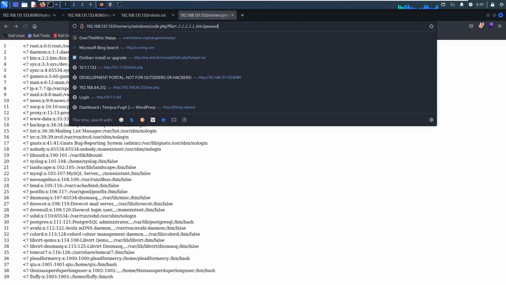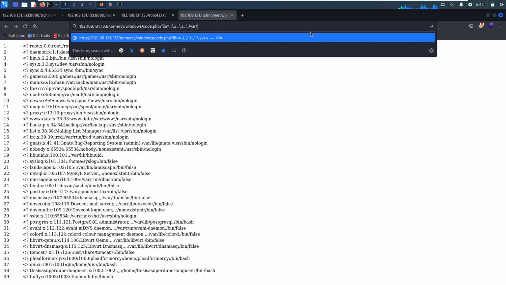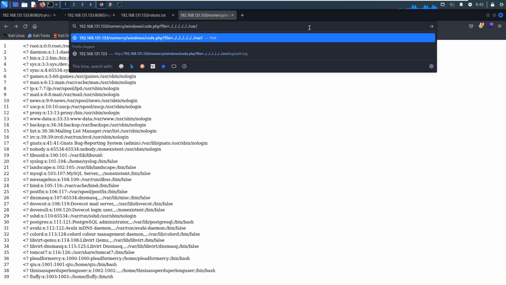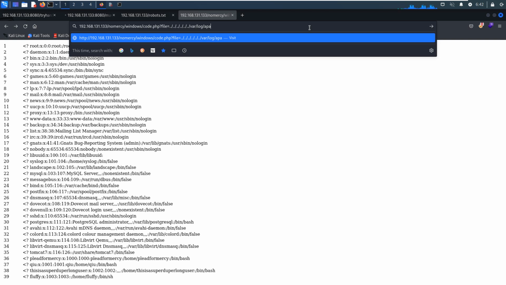Nothing. Next, we can try to access the local file. Nothing there. So next, we can try to retrieve the Apache access log. We cannot get anything back. So we are stuck, right? Although the target is vulnerable, we cannot go further.